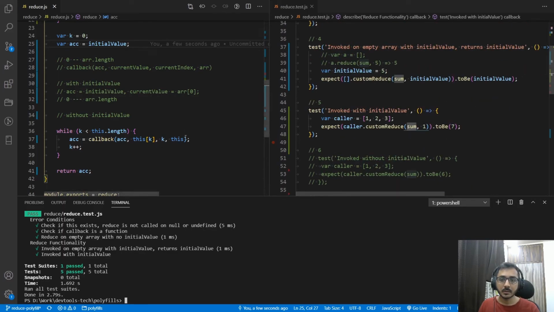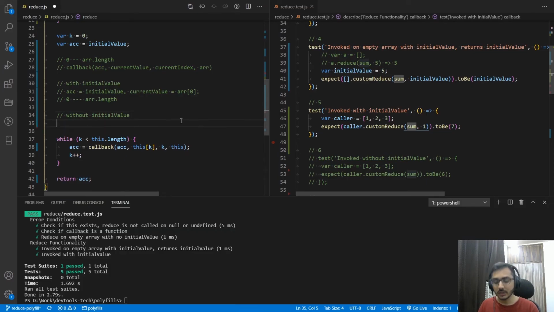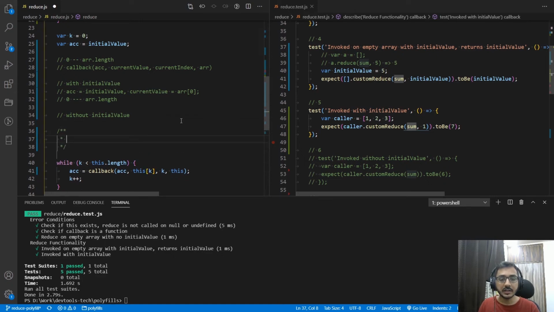One more thing, which is more of a good to know: every higher order function, be it reduce, map, forEach, all these functions iterate over the direct enumerable properties of the calling object, in this case an array.